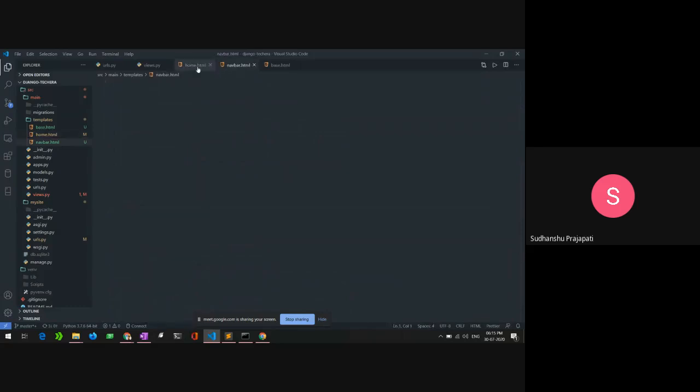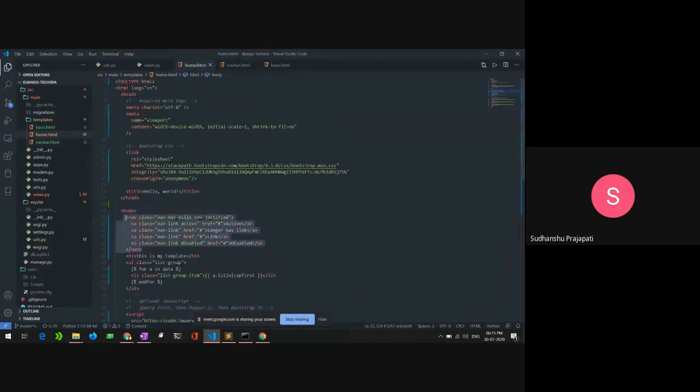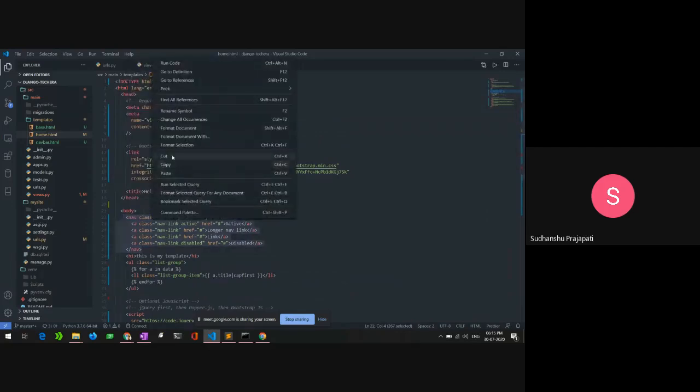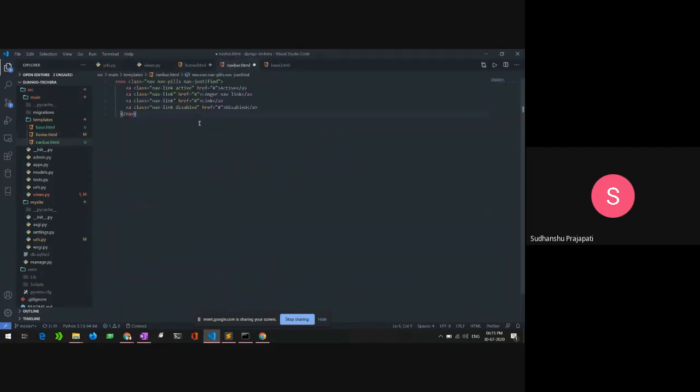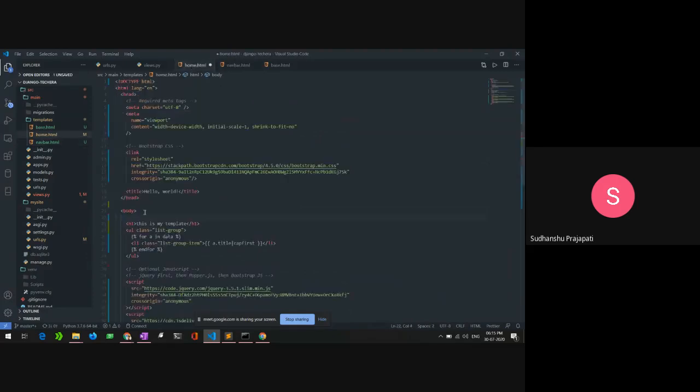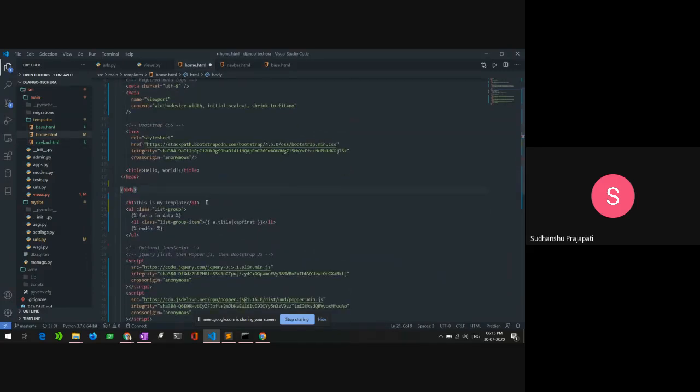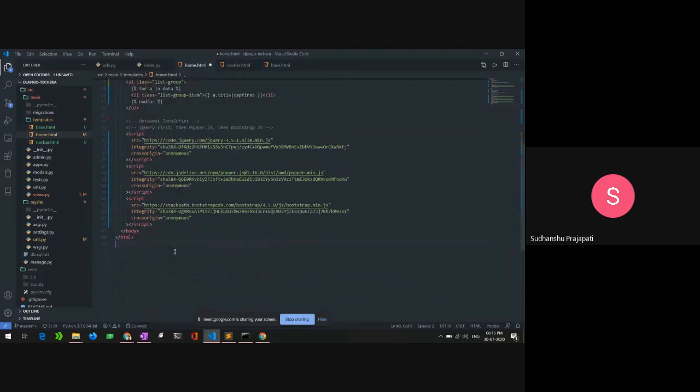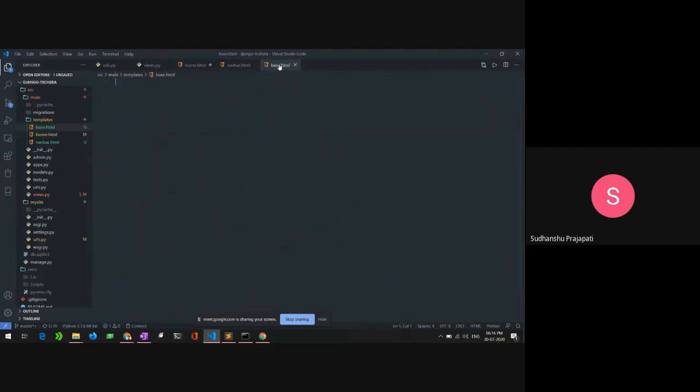So in the navbar file, I will copy the navbar HTML code and paste it right here and save it. And all the code inside here, I will cut it,